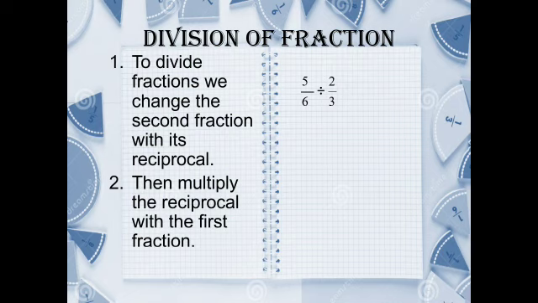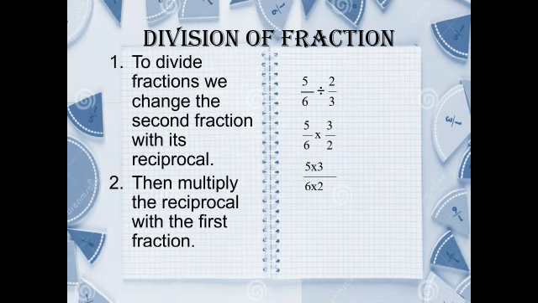So this is the question, 5 by 6 divided by 2 by 3. Now what to do? The first step was we will be changing the second fraction into its reciprocal. So the second fraction here is 2 by 3. So what we will be doing is 5 by 6 into the reciprocal of 2 by 3, which will be 3 by 2. Then we have the multiplication now. We can easily find out the multiplication as we did in the multiplication of fractions. Multiply the numerator and the denominator separately. That is 5 into 3 by 6 into 2.